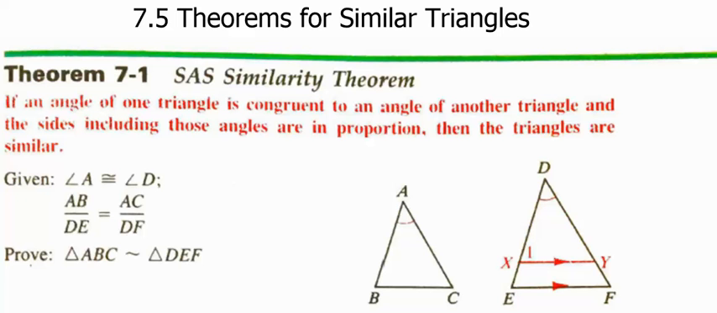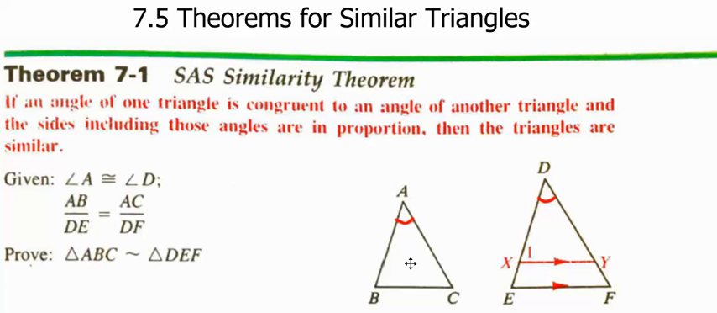Okay, our first theorem for similar triangles is called the side-angle-side similarity theorem. And it says if an angle of one triangle is congruent to an angle of another triangle, the picture has marked for us angle A and angle D being congruent to one another. So we have one angle of a triangle congruent to a corresponding angle of another triangle, and the